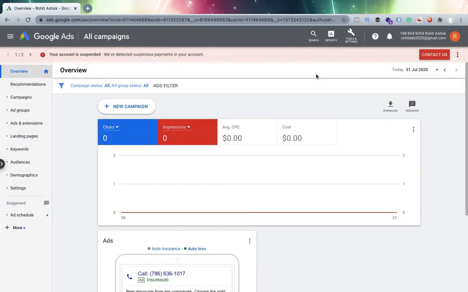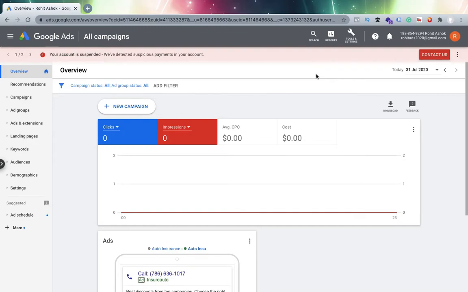So, guys, many of us who run Google Ads most of the time face some issues related to calls when they run a call ad. We want to record the call and how the conversation with the caller goes, for us or maybe for our client, whomever we are working for. For that reason we have to buy software, or we look for some software where all these calls get recorded.